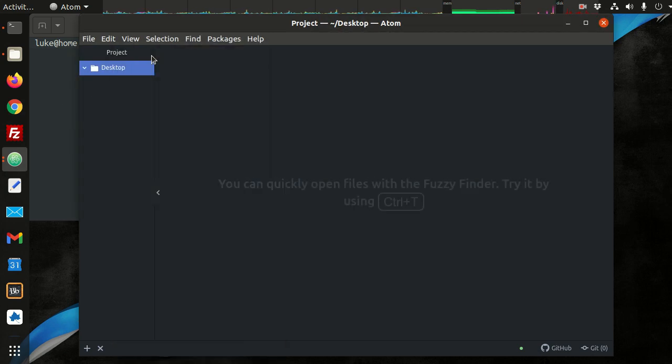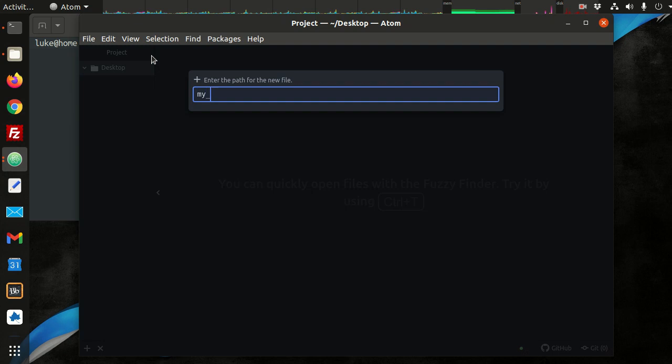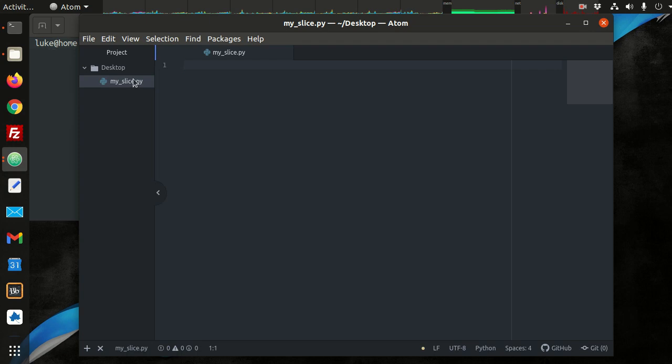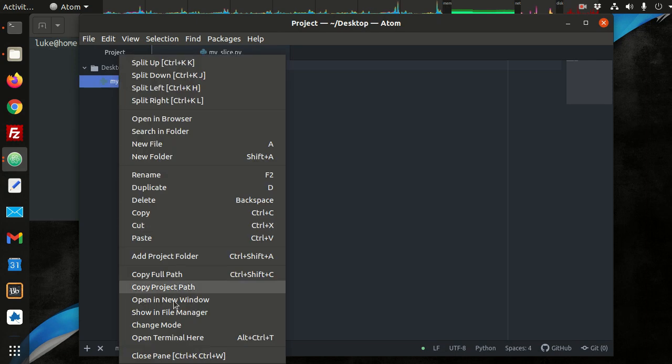So let's make a new file here. I'm going to call this myslice.py, and I'm going to make my version of the slicing functionality that we see in strings and lists. Okay, so if you're on a Linux system or Mac OS, you can add the hashbang at the top, which will allow this to execute like a program instead of using the Python keyword at the beginning. And in order to do that, we need to modify the